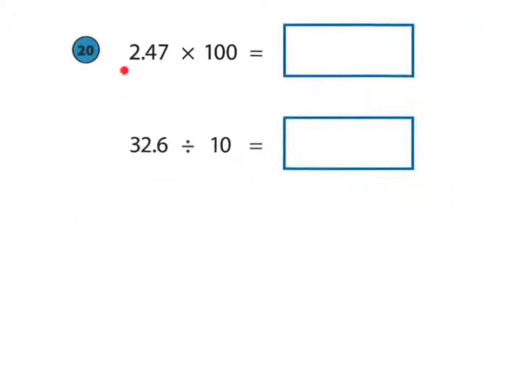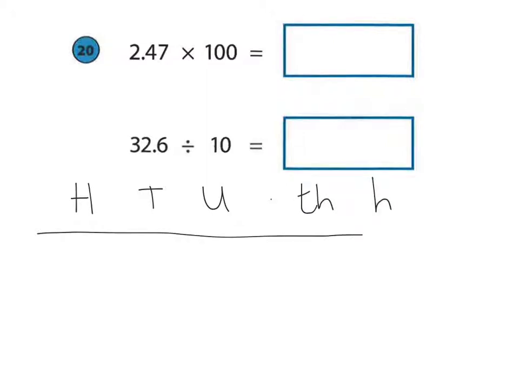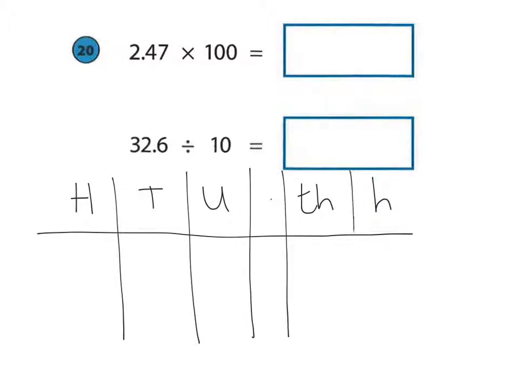Question 20, 2.47 multiplied by 100 equals. I'm going to draw a really quick place value grid at the bottom. So we've got hundreds, tens, units, decimals, tenths, hundredths. I'm just going to put the decimal back in here. So we've got